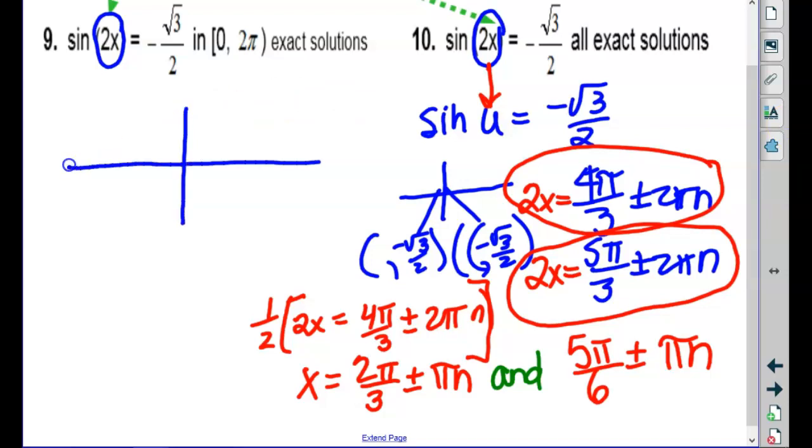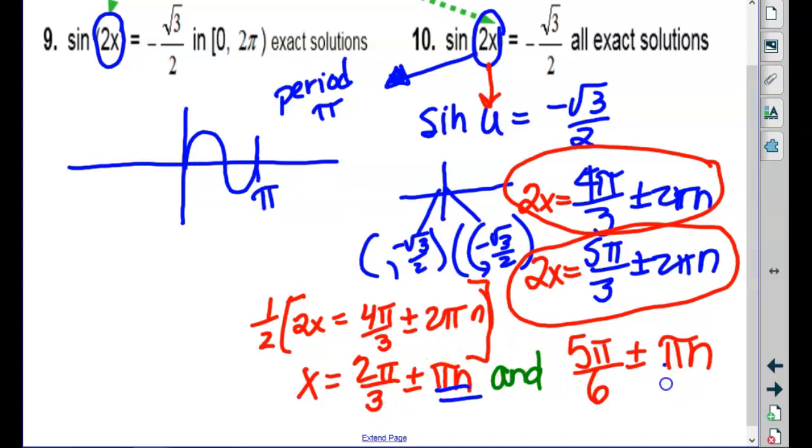What does the sine of 2x look like? When I told you way back when to graph the sine of 2x, what was it? How did you change sine of x to sine of 2x? What did the 2 inside of here change? It changed the period to 2 pi over 2, which was pi. So the graph looked like this by pi, okay? So does it make sense that it's going to repeat every pi, not every 2 pi,